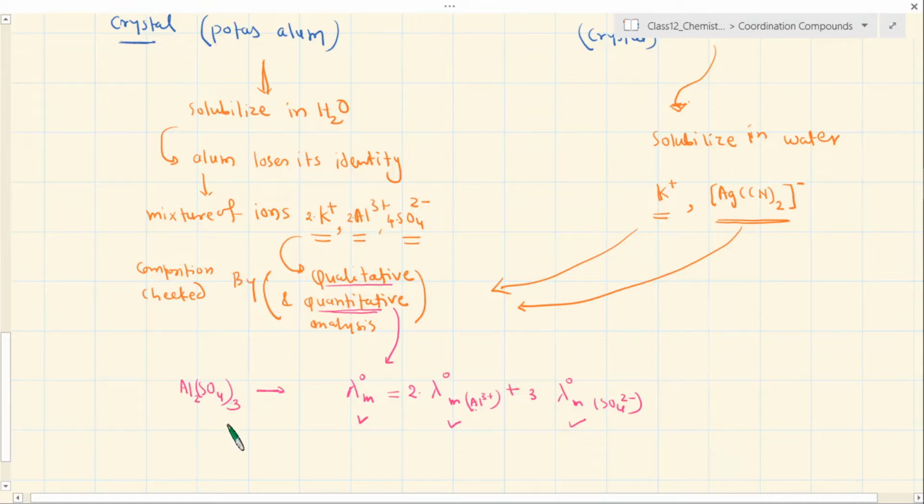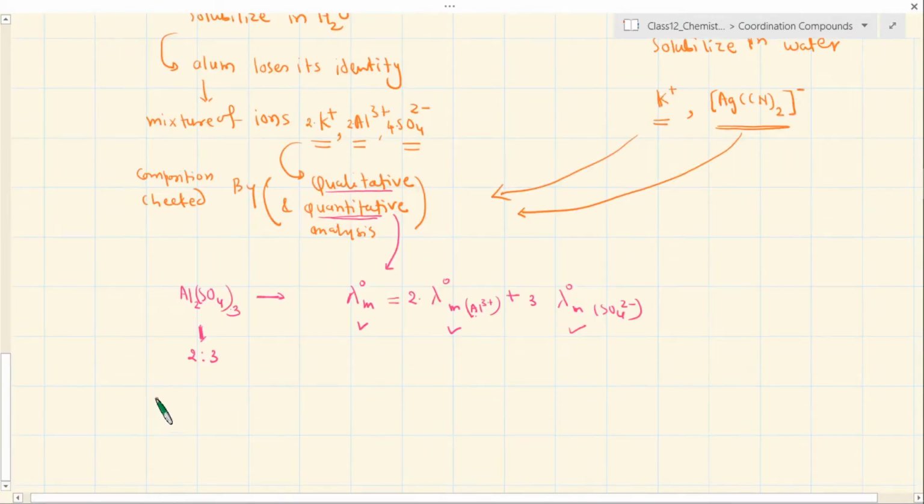Is it clear to all of you? What kind of electrolyte is this? This is an electrolyte which is generally referred to as 2,3, because basically the cation is in 2 proportion and the anion is in 3 proportion. If you talk about, let's say, CaCl2, this is a salt of 1 to 2 proportion, cation in 1 proportion and anion in 2 proportion. So this is the proportion I am referring to here. How do you establish this proportion? This is generally established by conductivity measurement, something which you have studied. That's why I just brought it back.